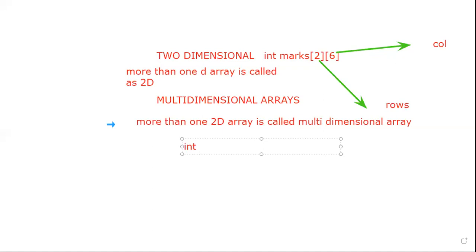A multi-dimensional array is nothing but a two-dimensional array, three-dimensional array, or whatever it is; they all come under multi-dimensional array only.